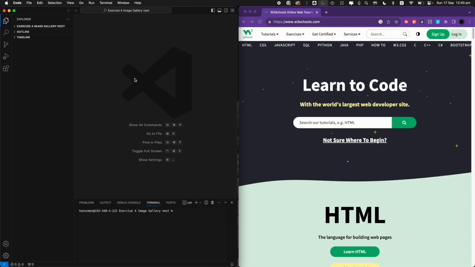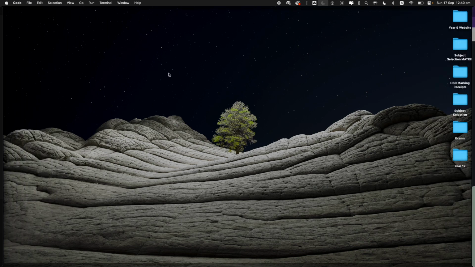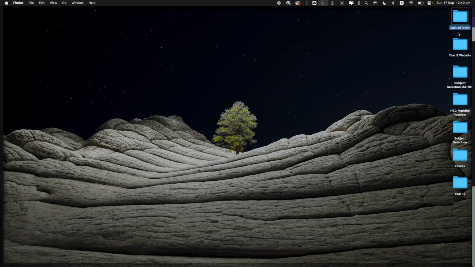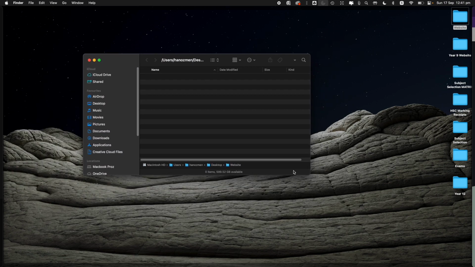Now, what we're going to do is we're going to create a new folder on the desktop. So I'm going to go File, New Folder, and when you create this folder, I want you to call it Website, and in that folder, what we're going to do is set up